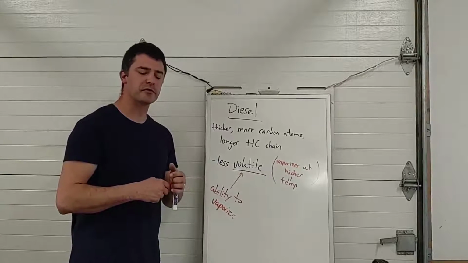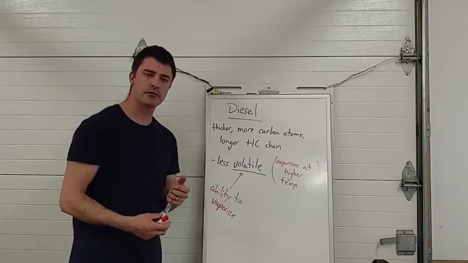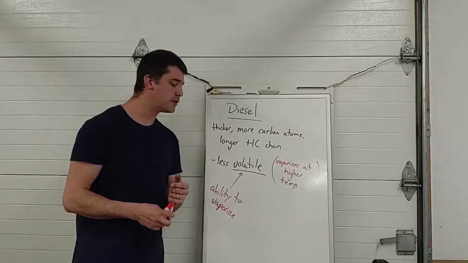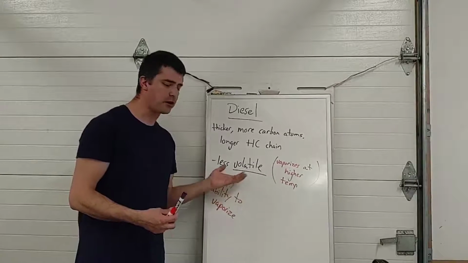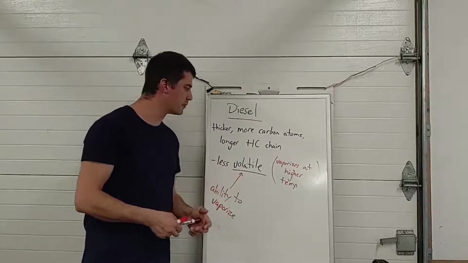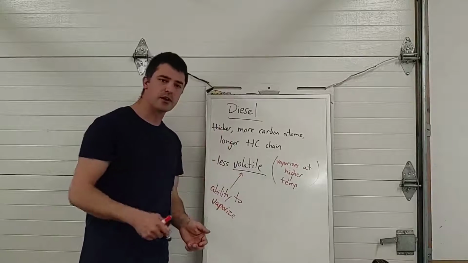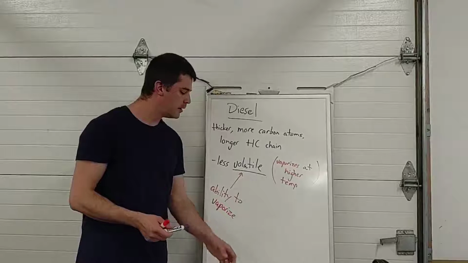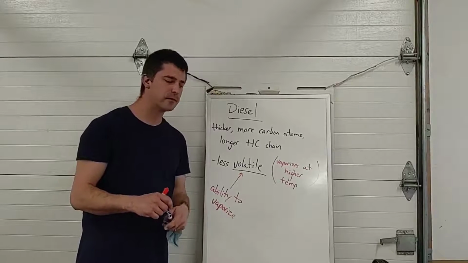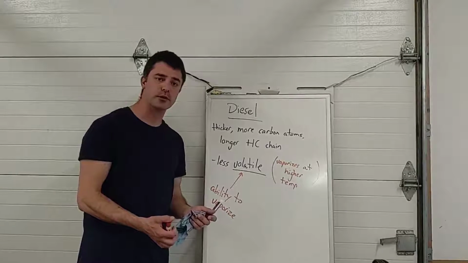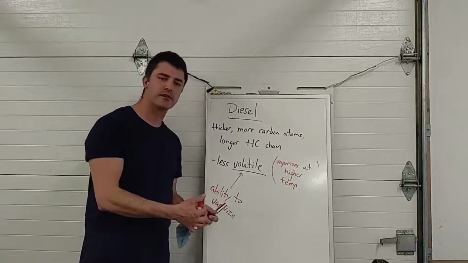And it's also rated differently. Because a diesel engine runs a little bit differently than a gasoline engine, we don't compare this to octane, because octane is not the ideal fuel for a diesel engine. So there really isn't an octane rating of diesel fuel, but there is what they call a cetane rating, and that's controlled by some additives that we can put into the diesel, just like we control the octane of gasoline